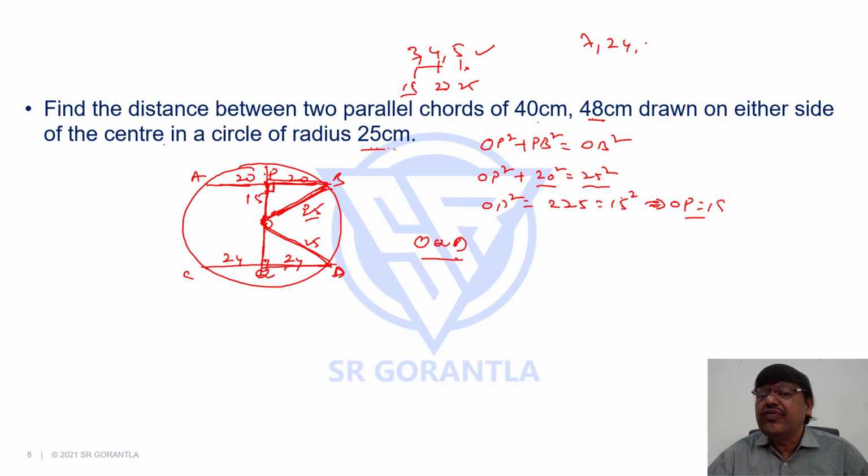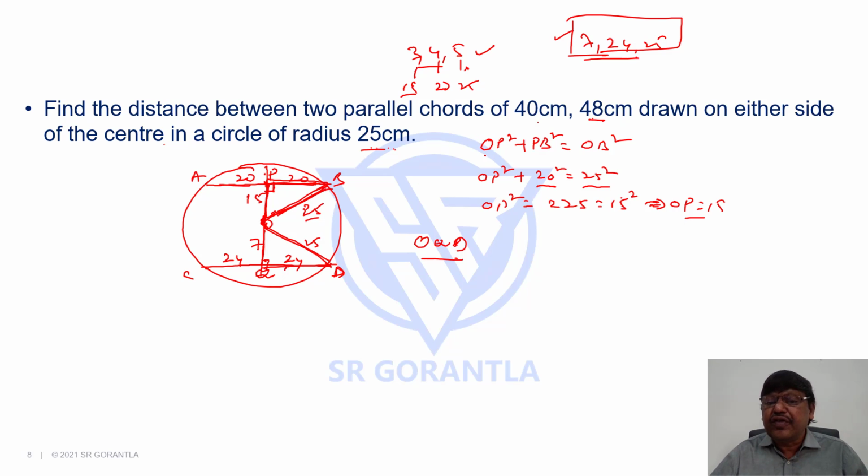You have 7, 24, 25, one triplet. If you can recall these triplets of right angle triangles, and if you haven't watched that, please do watch the video on classification of triangles by angles in this playlist. You will find the detailed list of these triplets. If you know that, you can say straight away 7 without doing any calculation.